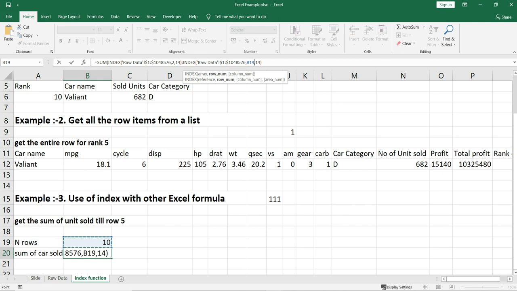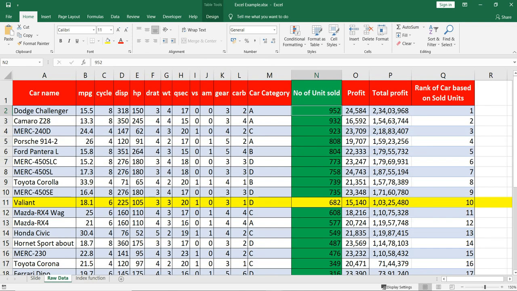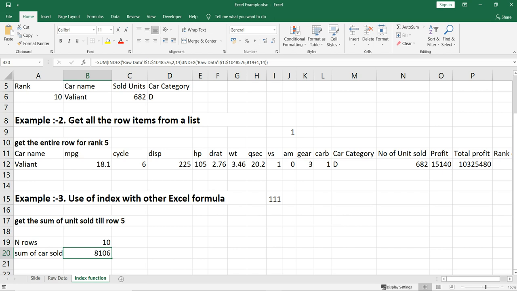Then we'll put P19 plus 1 because we have an extra row as a header in our data set, and then we'll close this. So till row 10 or till rank 10 we have this much of units sold, so we'll just go there and check it. Till 10 we have 8,106 cars sold, and that is what we are getting, 8,106.